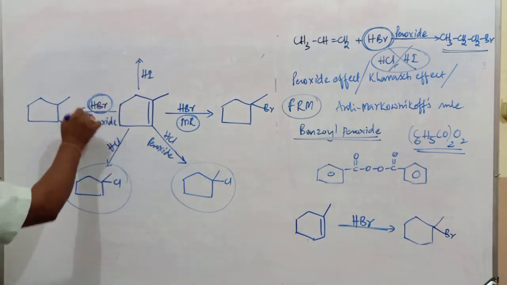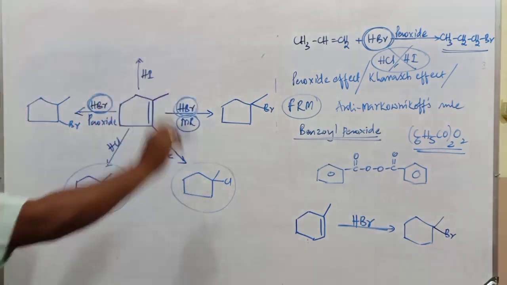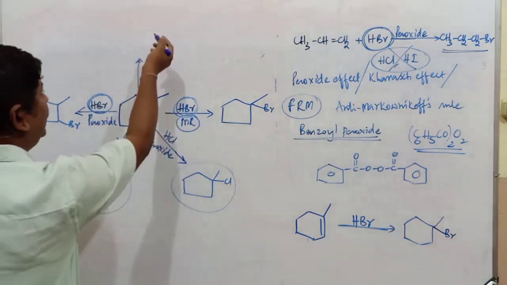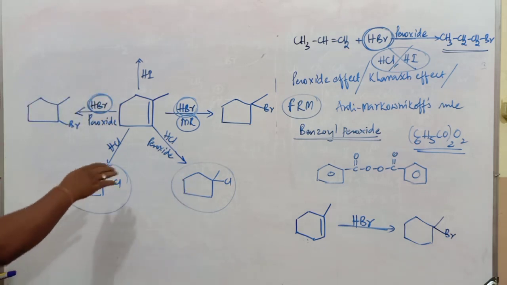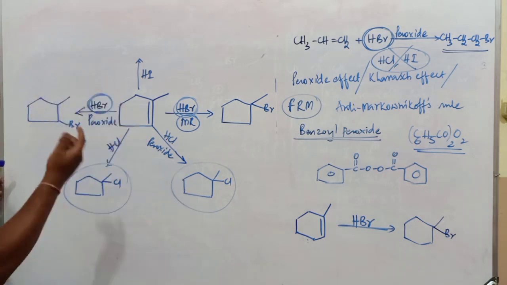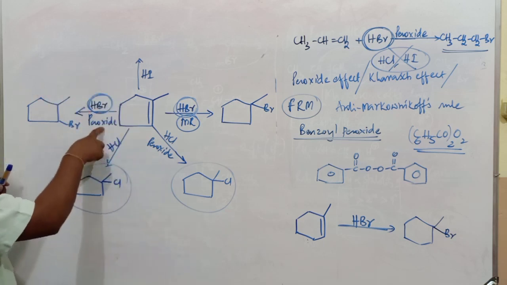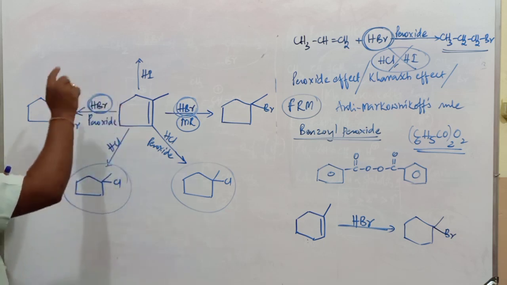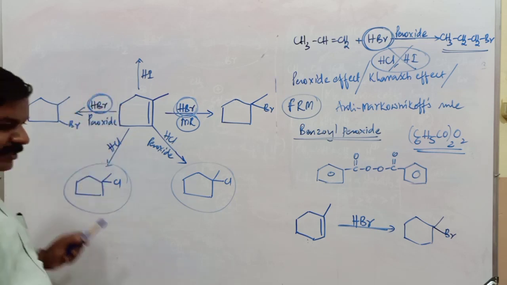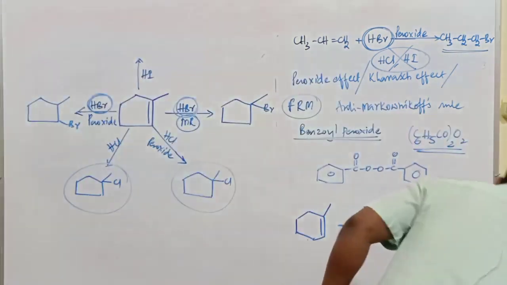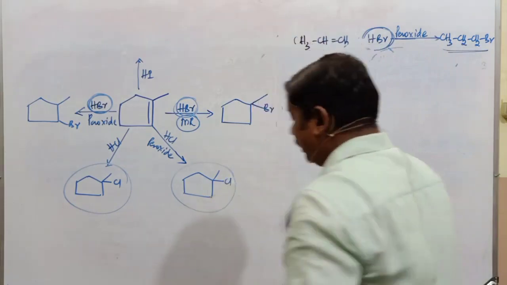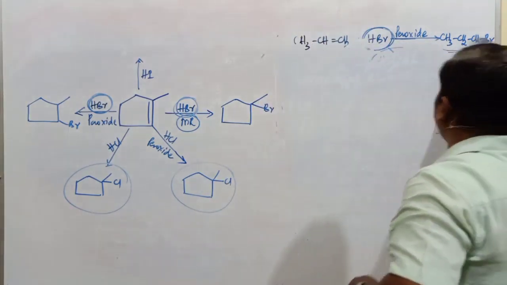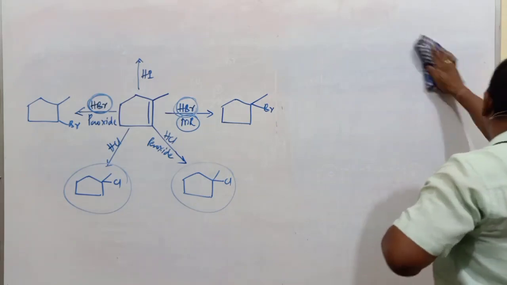It matters only with respect to HBr, not with HCl or even in the case of HI. HI is also going to be almost the same when compared to this particular chlorine derivative. So you have to concentrate on whether the reaction is carried out in presence or in absence of peroxide, and whether it is HBr, HCl or HI. Only after a clean observation can you decide the nature of the product very easily in examinations.